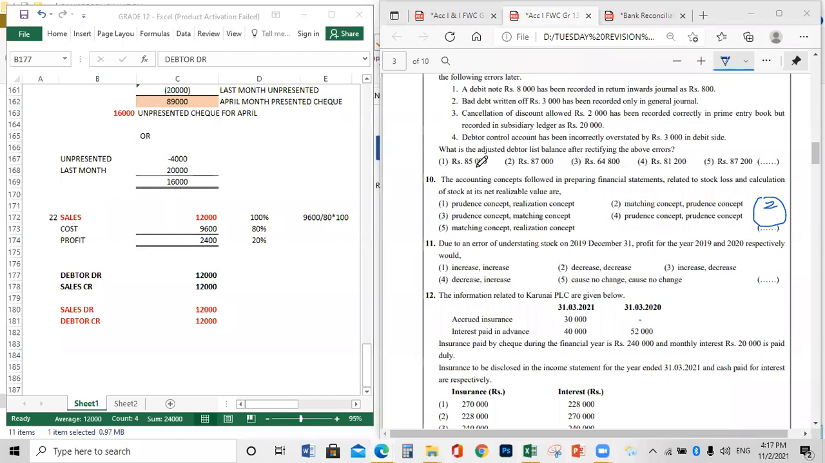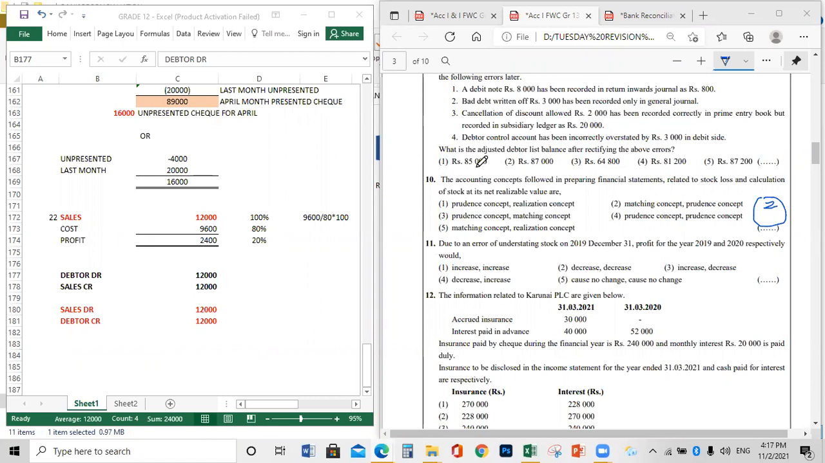Record the loss right now. Why? Because, guys, we are trying to be prudent. Why? Because we bought this stock in the current year, right? We bought this stock in the current year. That is why we have to record it. So that is why you record the